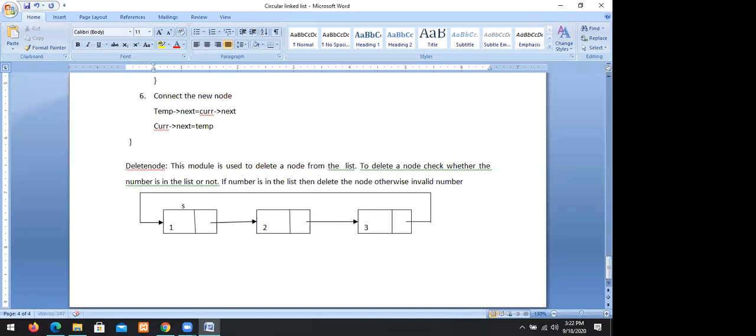This is called a start. After 2:50, students are not allowed to come to the class. So you have to come before 2:50 only. So 2:45 is the actual time, 5 minutes is grace. So you have to come before 2:45. Later you are not allowed into the class, because if I allow them, then there will be a problem. So that's why students are not allowed after 2:50.